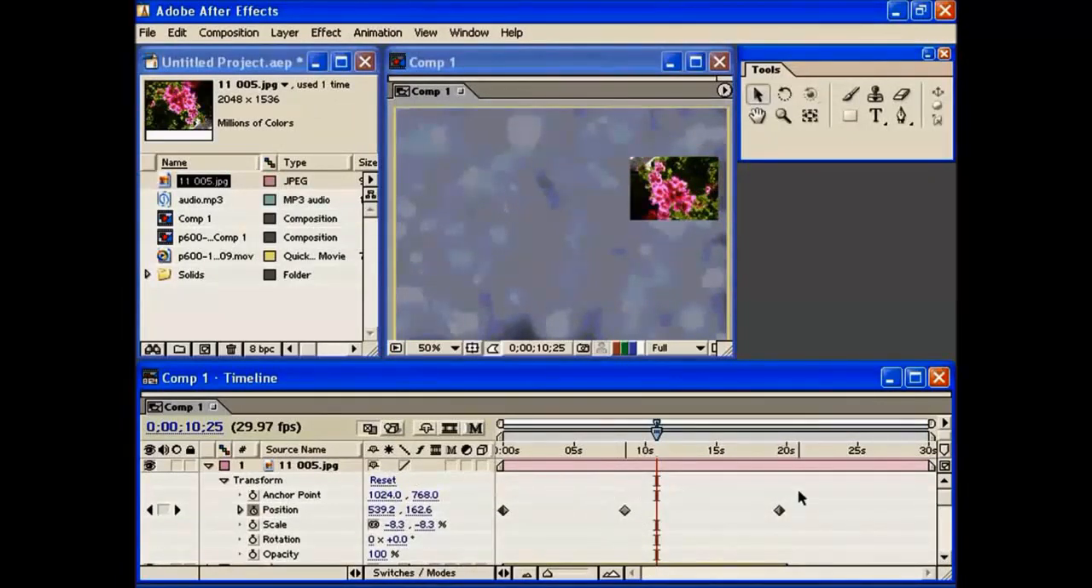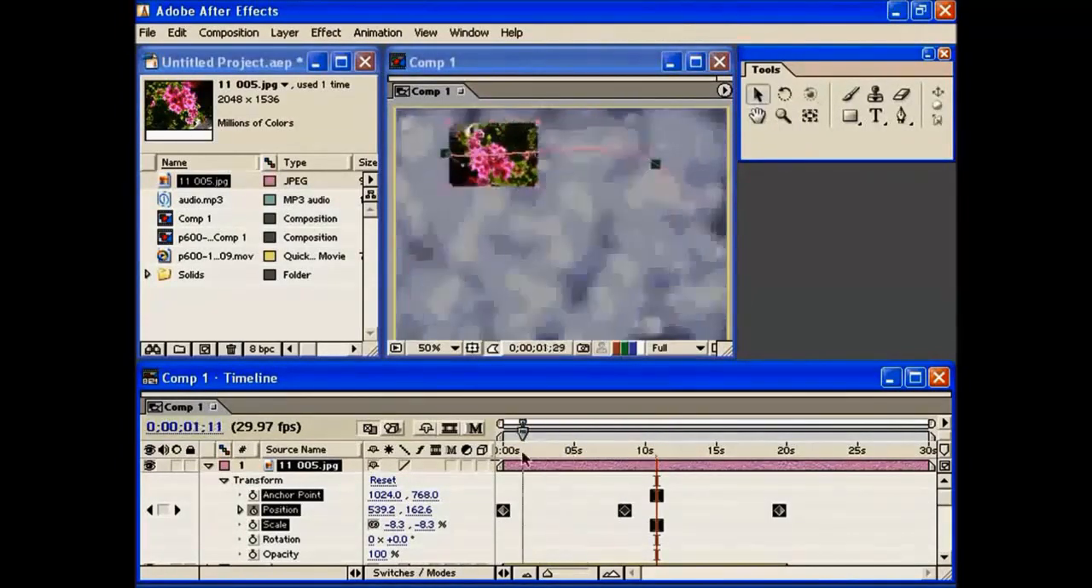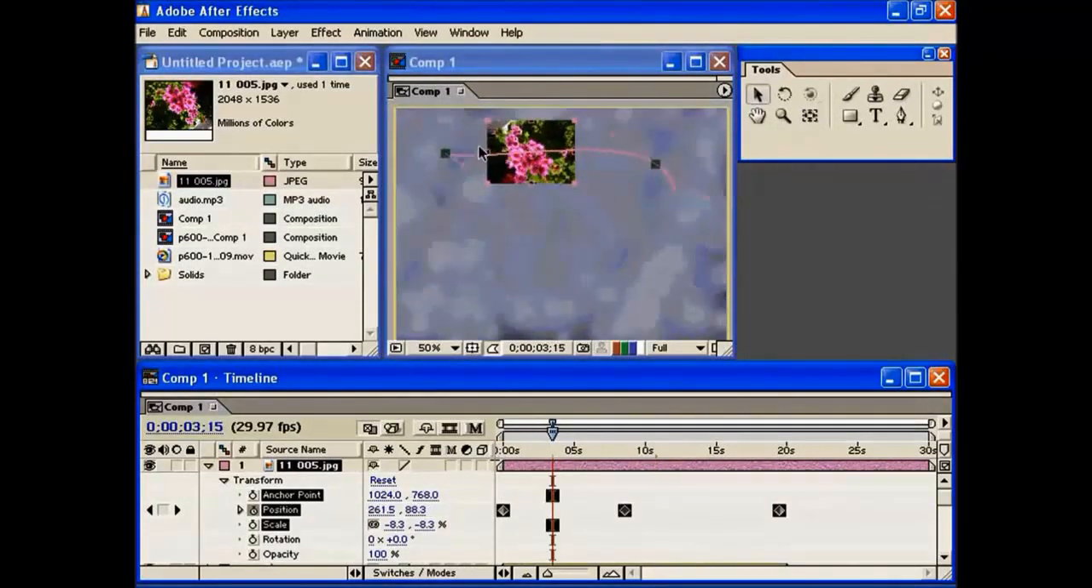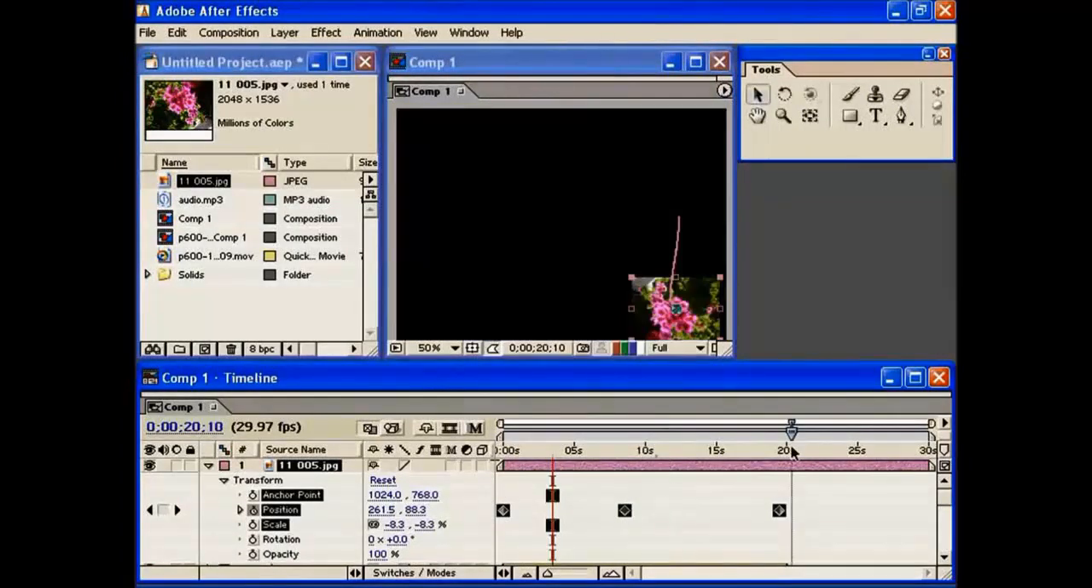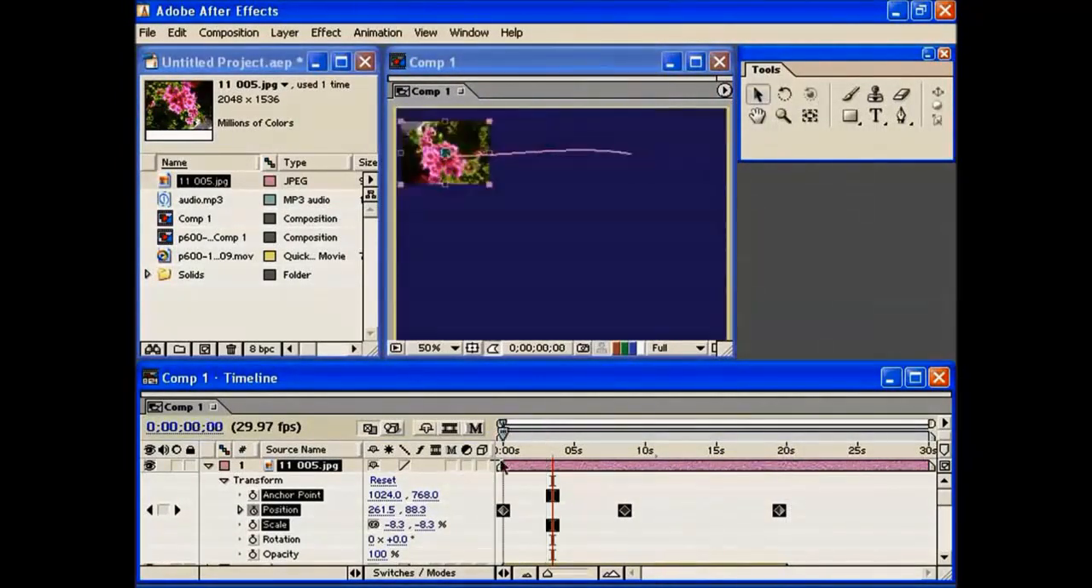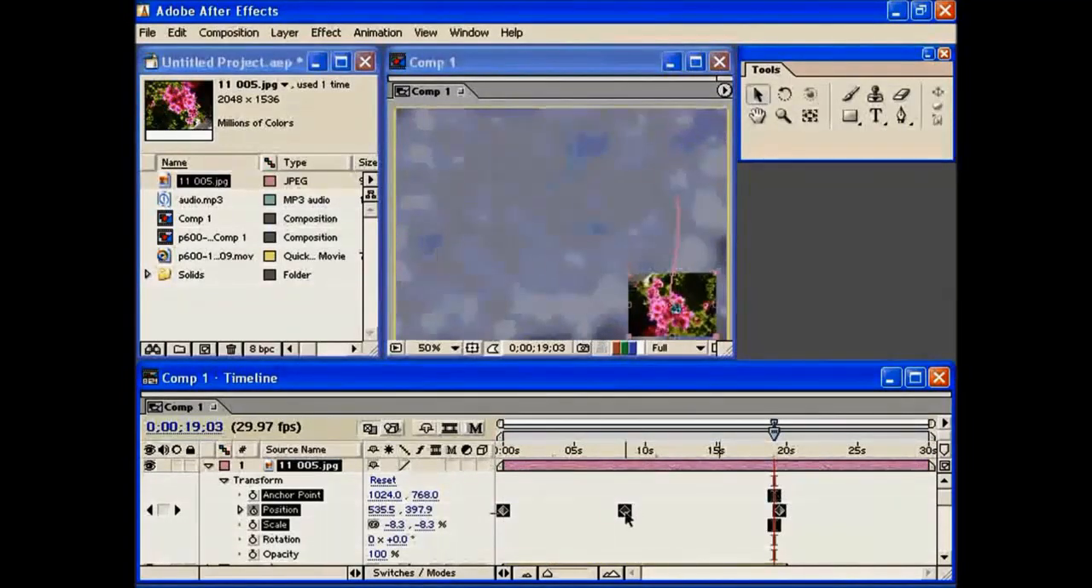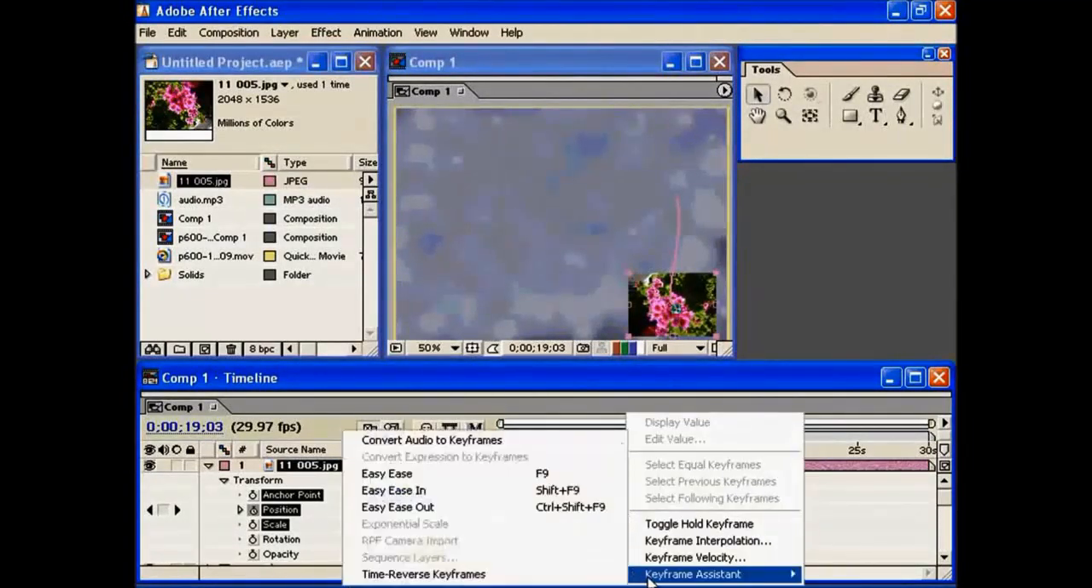By selecting a few of these keyframes, I can change the order that the keyframes play in. Right now this box goes from the top left to the top right and then down to the bottom right. So if I wanted to reverse the order, I can go into my keyframe assistant and go to time reverse keyframes,